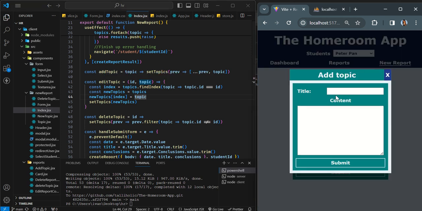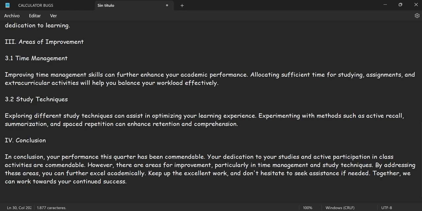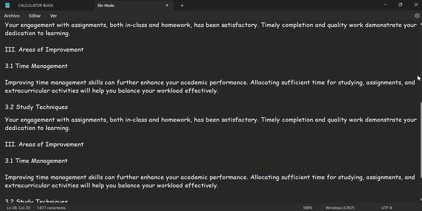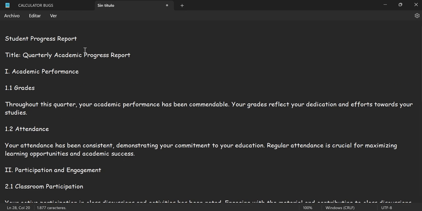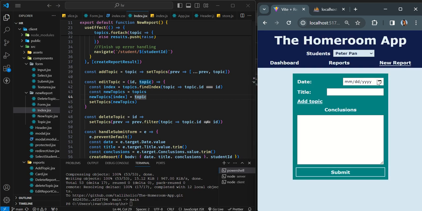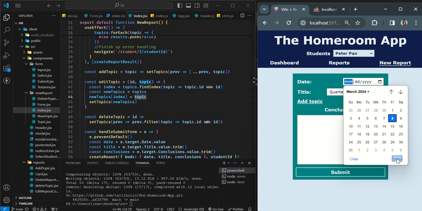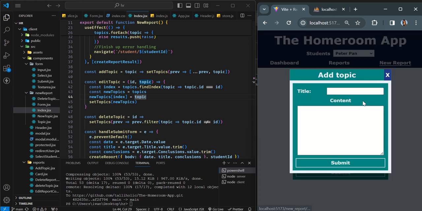So if I add a topic here, and I already used ChatGPT to help me with the student report. So here it is. So this is just a sample student. Let me just scroll up a little bit. So it's got title, quarterly academic progress report. I'm going to copy that and I want to close this because it's part of the main title. Here it is, academic progress report quarterly. I might make this a little bit wider later on, but let's say the date is today, March the 8th,